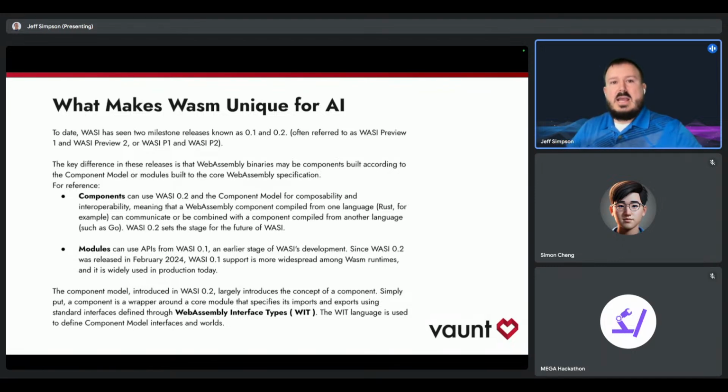To date, WASI has seen 2 milestone releases, known as 0.1 and 0.2, often referred to as WASI Preview 1 and Preview 2. The key difference between these releases is that WebAssembly binaries with WASI 0.2 may now be compiled to components built according to what's referred to as the component model, or modules built to the core WebAssembly specification. So for reference, components can use WASI 0.2 in the component model to allow composability and